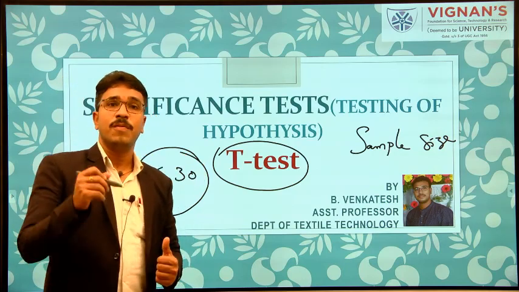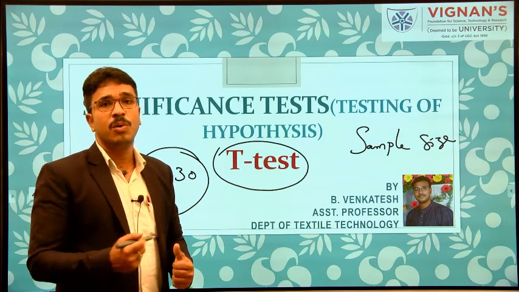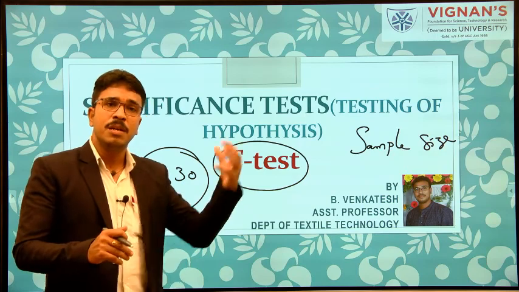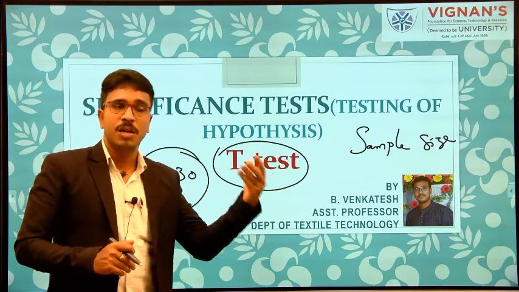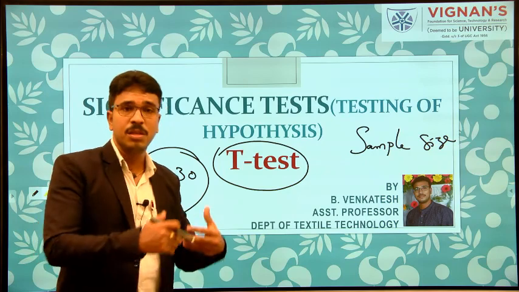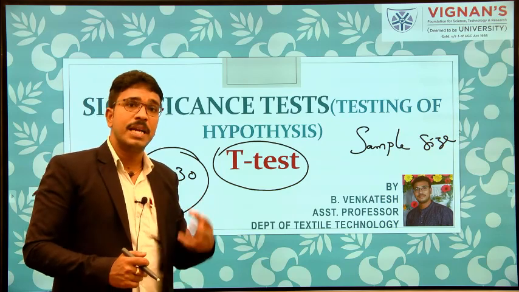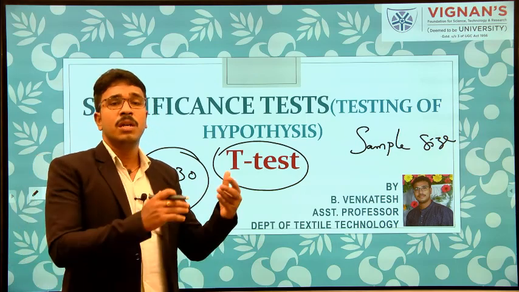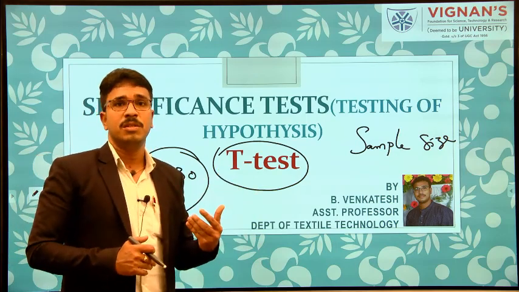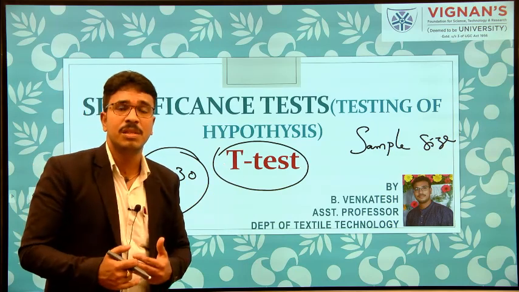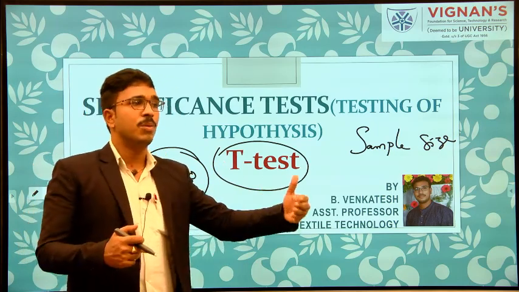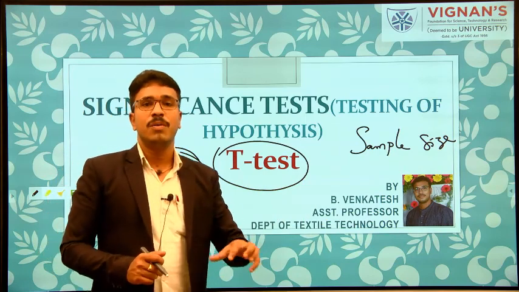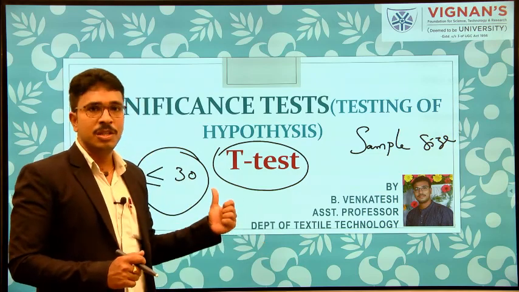Understand? As I told you already, the statistical inference we give is about the production or the quality of the products which we have produced. That is very important, and it gives us clarity about the products we have produced. This is what we are going to discuss in detail in today's presentation.